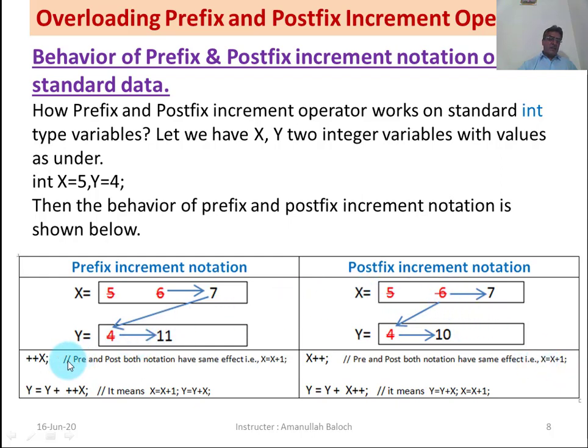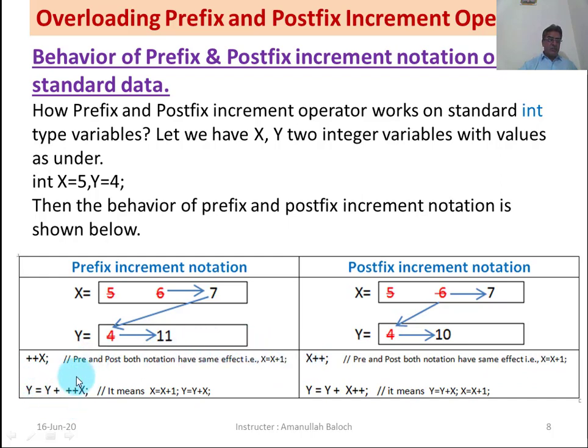It means if we use the prefix and postfix notation as a single statement, then it will perform the same operation: x is equal to x plus 1 in prefix and x is equal to x plus 1 in postfix.